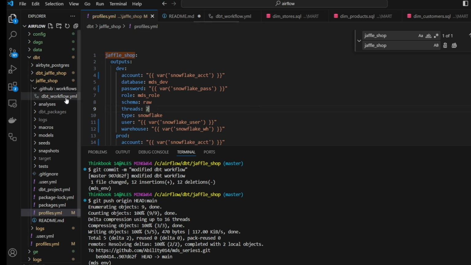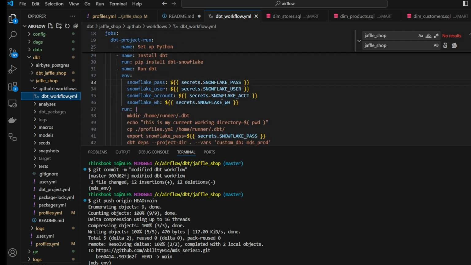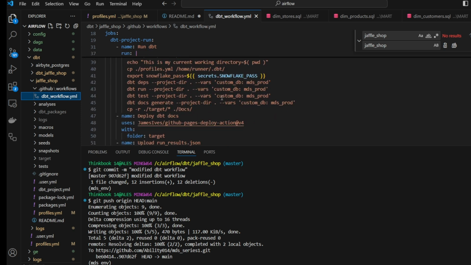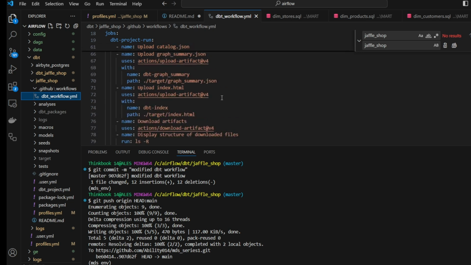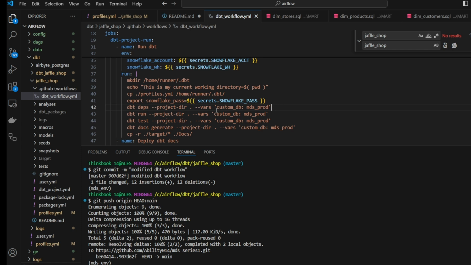And the next thing we want to do is to modify our workflow, the way it interacts with the environment variables. Ideally, because we have changed it to var, it does not automatically pick the environment variable now. We have to dynamically specify it in our command. So in our command in here, we are now going to specify vars. I have more than one variable that I'm passing now, so I'm going to put it in a dictionary with curly braces this way. We are specifying custom DB. We already specified it as a default. We put a comma, then